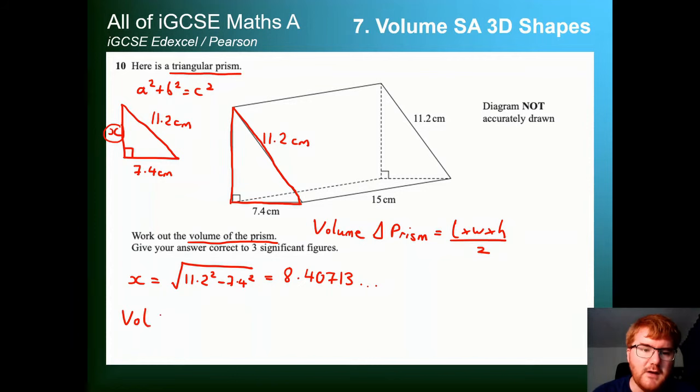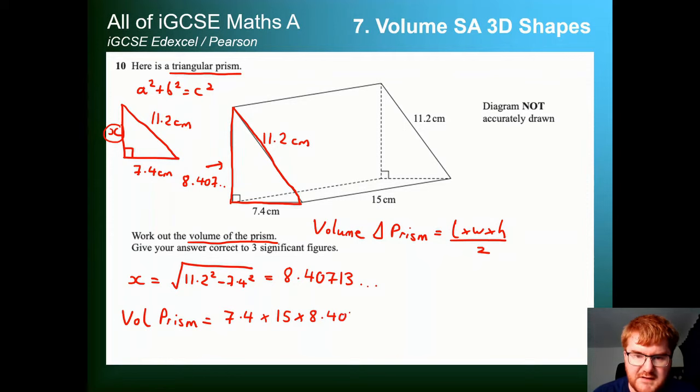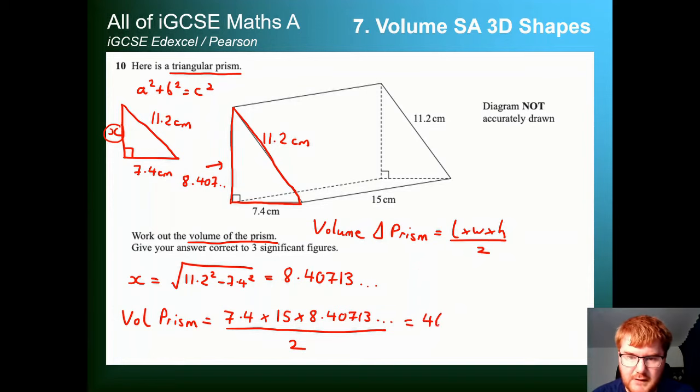And now we can actually work out the volume of this prism by taking the dimensions here. So 7.4 times 15 times our new answer here, 8.40713 dot dot dot. But remember, we've got a triangular prism, so we need to divide all that by 2. Now the great thing is I can use the answer key here, so we include all those decimals. So answer times 7.4 times 15 divided by 2. And that will give us our final answer of